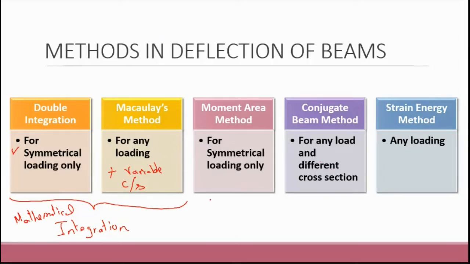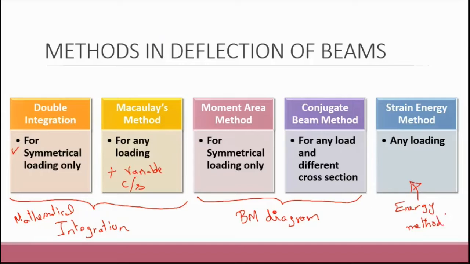Okay. So for these two approaches, we use the bending moment diagram. The last one is the strain energy approach. This is a different approach using energy methods, right? This is based on the energy method. Like kinetic energy, potential energy, you have strain energy. We use this concept to identify the deflection. I think in thermodynamics you will be learning something about energies. So based on that concept, solving a particular problem. So that one is the energy method.